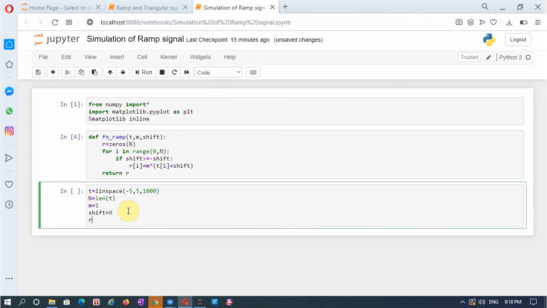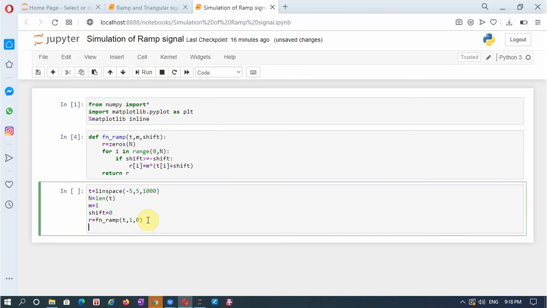Now I'll call this function R is equal to fn underscore ramp with appropriate values of M and shift. So let me initially take the value of M as 1 and shift as 0 itself as we have initialized it. And once it has come back, it is ready to be plotted.